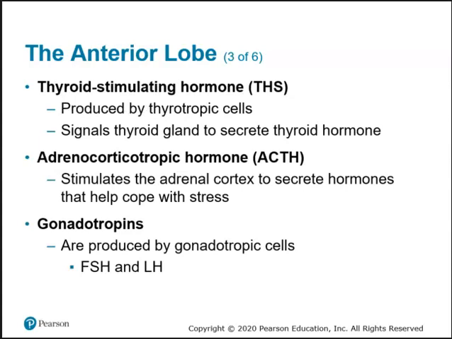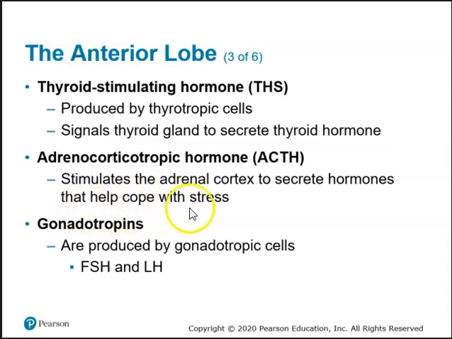So thyroid stimulating hormone, or TSH, is produced by thyrotropic cells. Actually, the thyrotropic cells are in the anterior lobe, but these cells will release this stimulating hormone to signal the thyroid gland to secrete thyroid hormone. Adrenocorticotropic hormone, or ACTH, will signal the adrenal cortex, the outer layer of the adrenal gland, to secrete hormones that